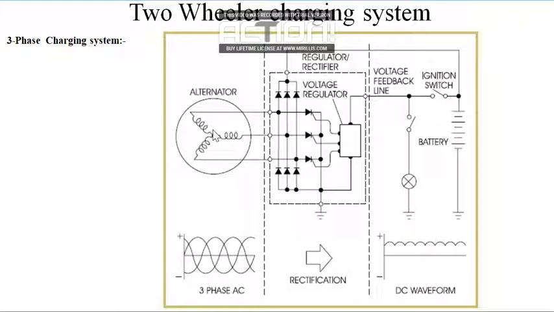Suppose this winding is generating a current. At that time, the current will flow in this fashion. Current will flow this way. It won't go downward here because this diode is there to prevent the flow. This is a normal diode, not a Zener diode. So current will flow this way,